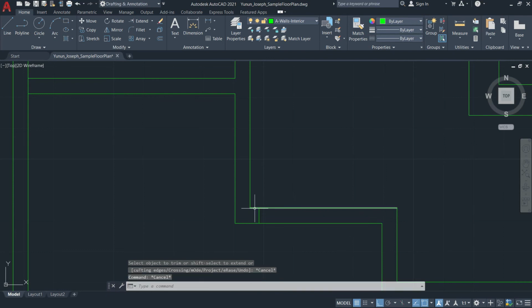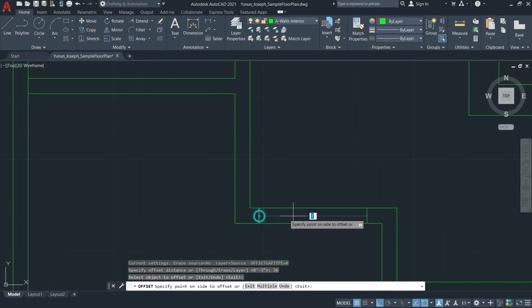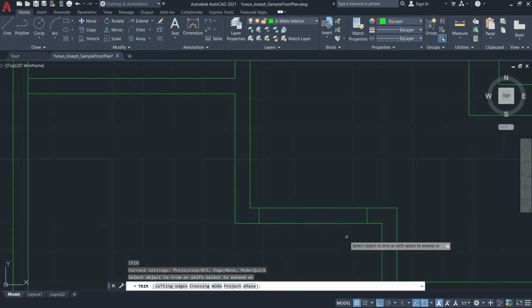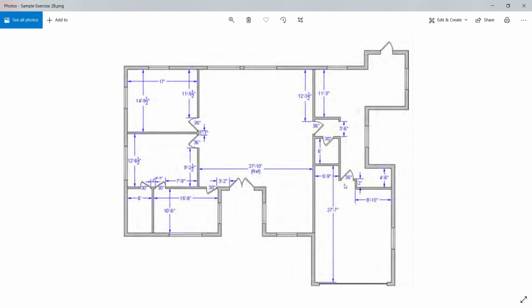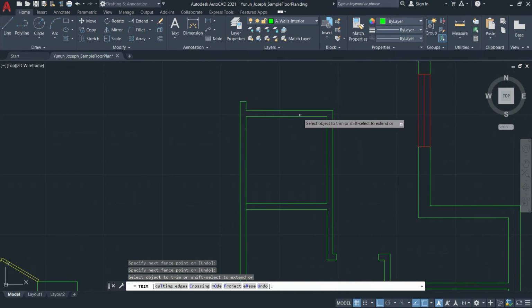Okay, so 3 inches, then I'll just offset by 36 for the opening, then I'll just trim. Since there are no given values, you may need to approximate some values. And also for this one,